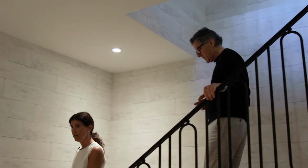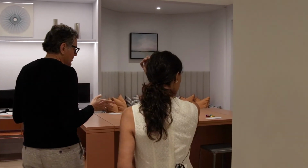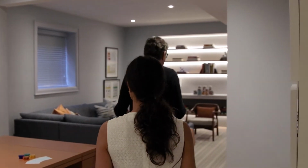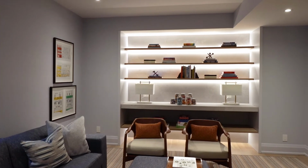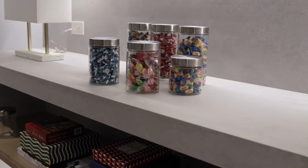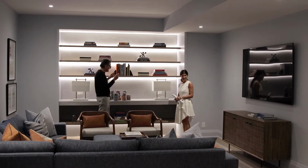Well, the lower level is not your typical lower level. It feels like the main part of the house. It does. And it's divided into two areas. So we have this area, which I call the homework area, the fun area, the game area, and then the TV area with this big sectional. And we created this open section because I envisioned people having pizza and popcorn and eating here